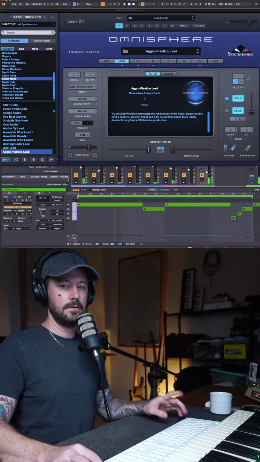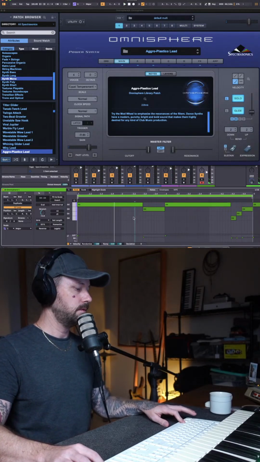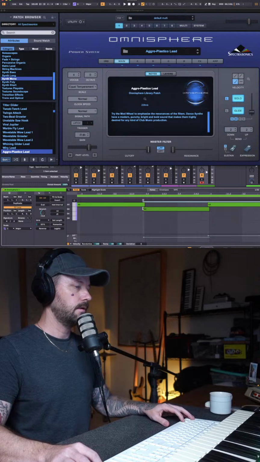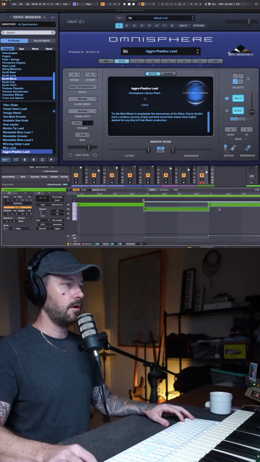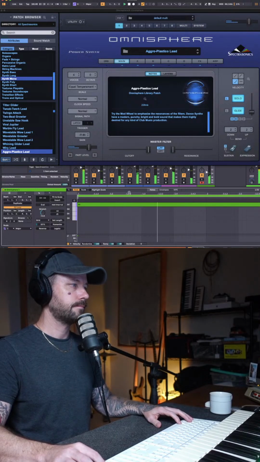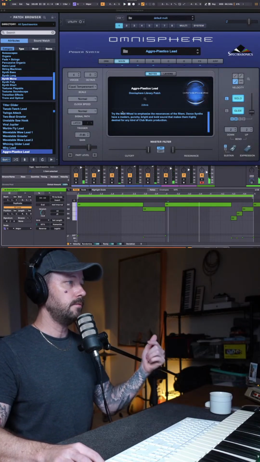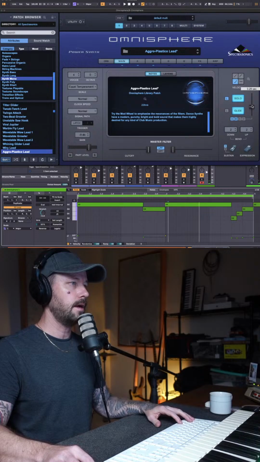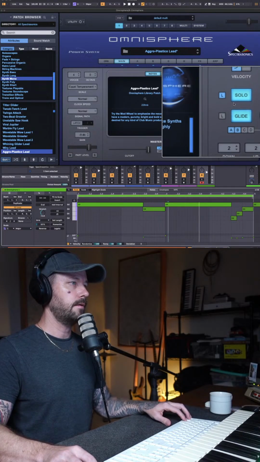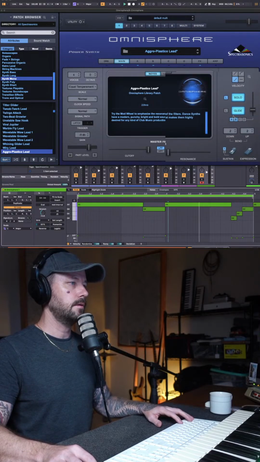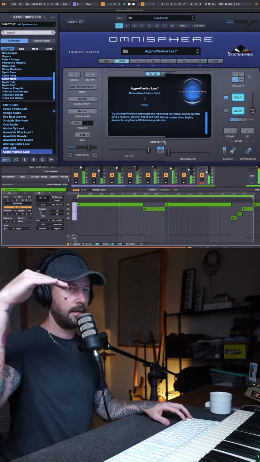The reason I wanted to do this was I want to select everything except this first one, and I want to glide this over slightly so these are overlapping. And then when you do that, you can turn up this glide right here. See this glide right here? That's legato. This glide is on, so it should kind of